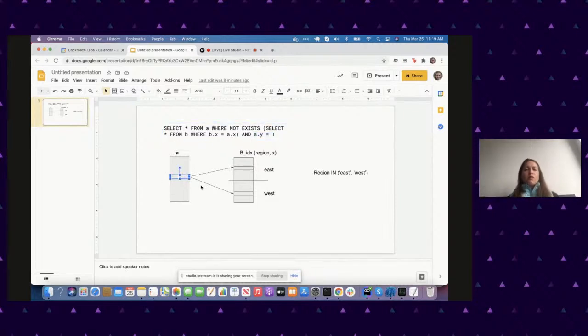And an anti-join works by basically looking up into the other side of the join. If a row exists that matches the join condition, so remember this join condition is b.x equals a.x, then the join returns nothing because it's an anti-join. We have this where not exists clause here. If the join exists, we return nothing. If the row does not exist, then we return the left-hand side row. So for this stream, we're particularly interested in